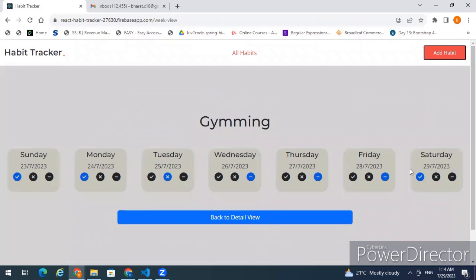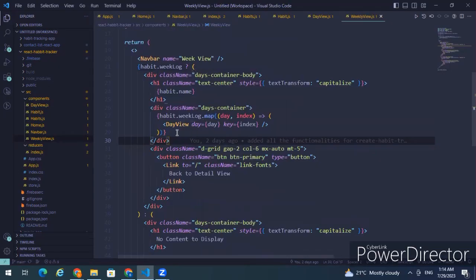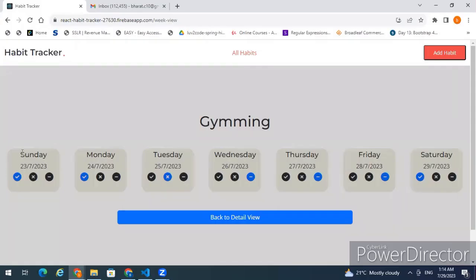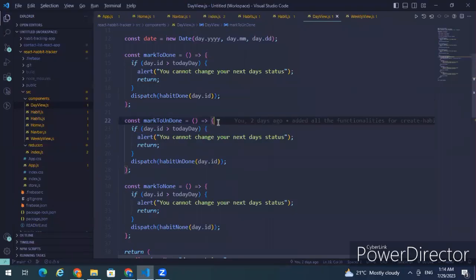For these days, I have used a day view component. In the day view component, you can see there are 7 components of day view. One component shows the name of the day, the exact date, and 3 buttons here. One is for done, one is for undone, one is for nothing. If I select the done button,